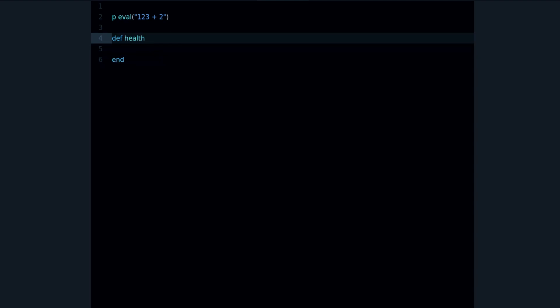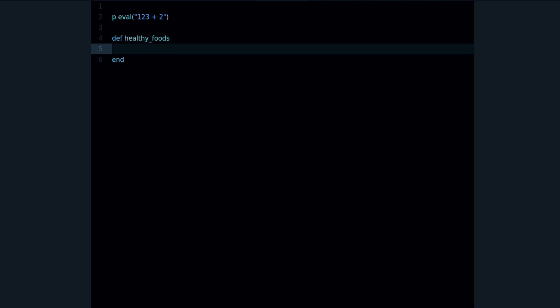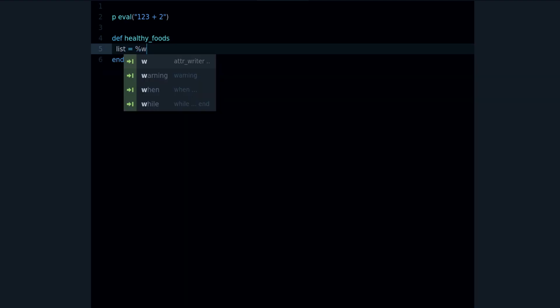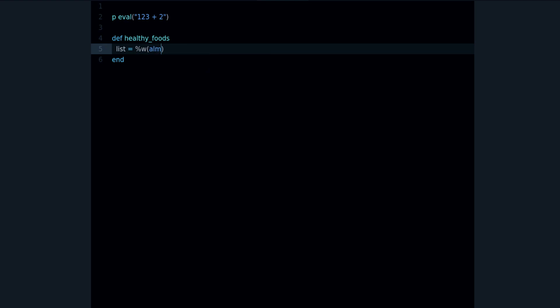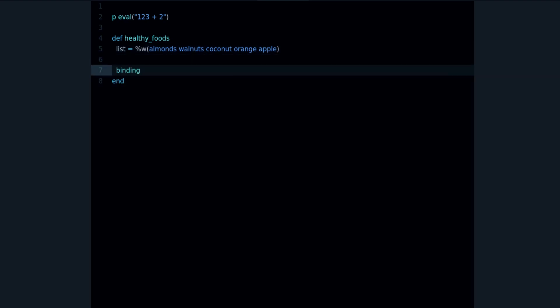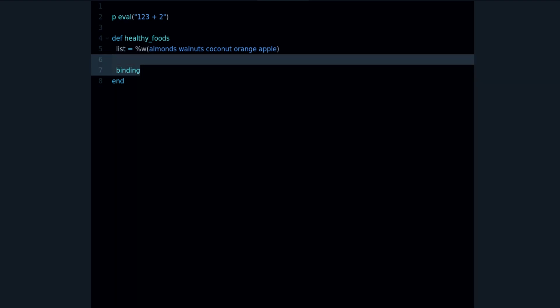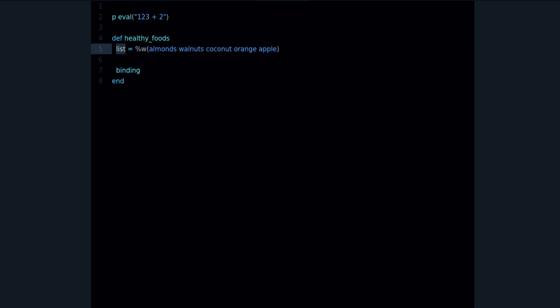Let's say we have a list of foods here. %w. Let's have almonds, walnuts. How about coconut, orange, apple, right? And what we need to do is to return the binding. So the binding is a method that returns the local scope. Basically returns the local variables and whatever is defined in here, right? And with that, we can take this eval